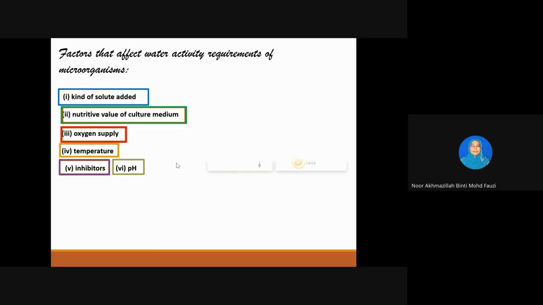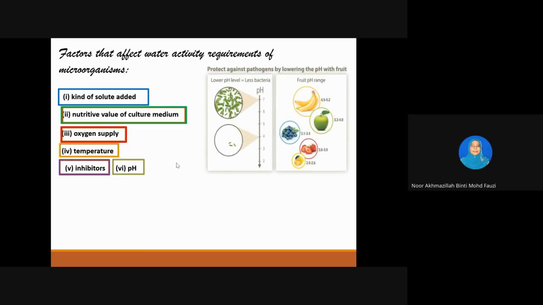If you see, for example, from this picture about the pH, when we look here, lower pH means fewer bacteria because of the acidic conditions. So that's why the conditions of the food itself play an important role. For example, food which is highly acidic has a lower pH, so with a low